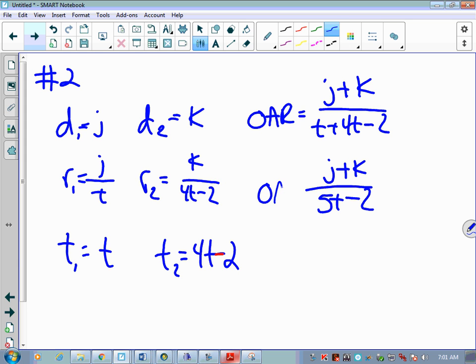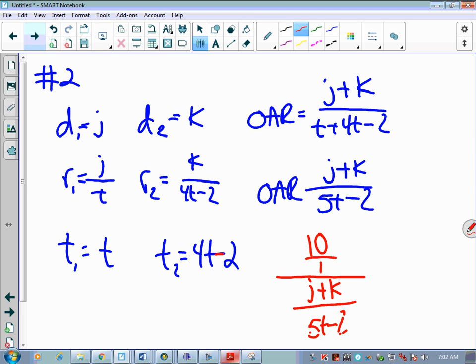This is our overall average rate. Now, that's not the end of our question. The question is how long would it take him to travel 10 inches? Well, it's a matter of time. Time is distance over rate. So distance being 10 inches over j plus k over 5t minus 2